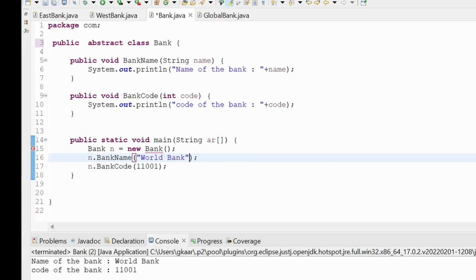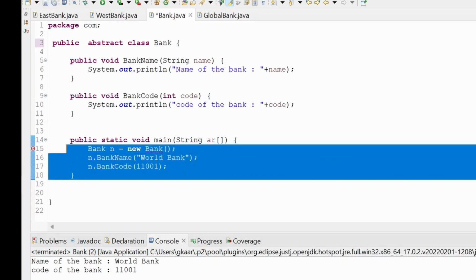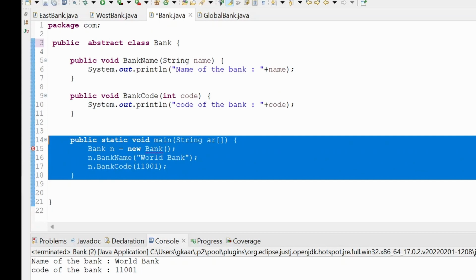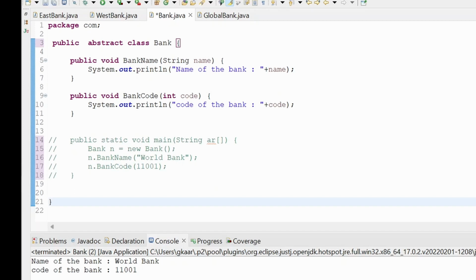So when I put abstract, I am not going to create objects for it directly, because it is going to give me an error, because when I say abstract, I am creating a template for others to use and I don't want to use it directly. So I comment this. When I put abstract, I'm automatically going to expect some other class to extend this and get the references that I'm mentioning in this class. So let's go to the